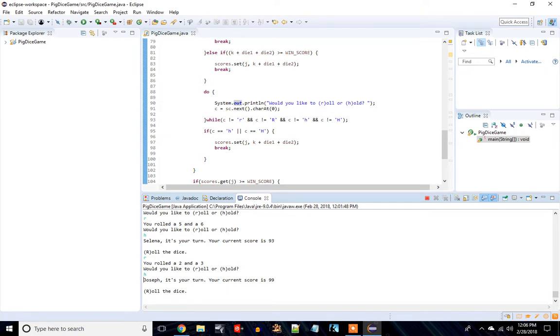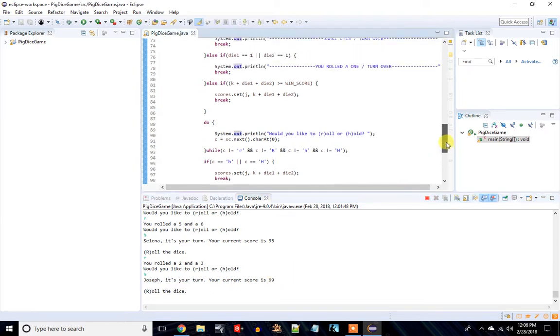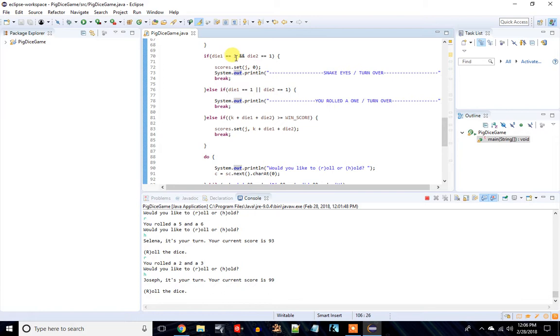And you can see Joseph has 99. Now here's the thing to think about here. If he rolls a 1, he's going to be kicked out of this loop. And of course, depending if it's two 1s, he's going to lose all his points. If it's a single 1, he's just going to get kicked out of this turn. But if he doesn't roll a 1, he's going to be put down here because this next roll is going to win for him. So we're going to set his score to whatever and break out of this loop